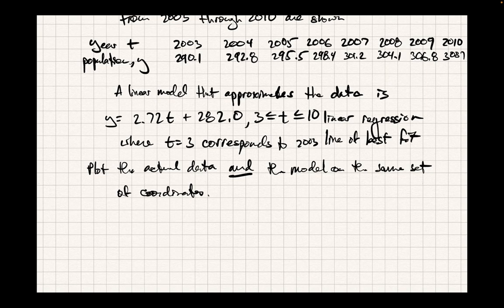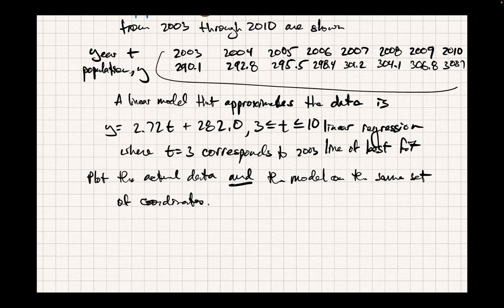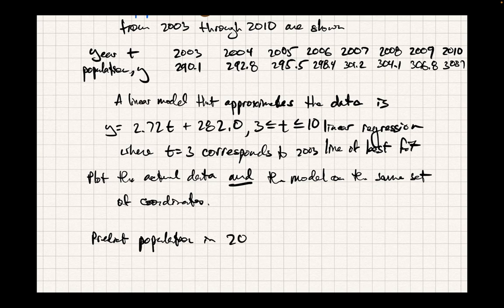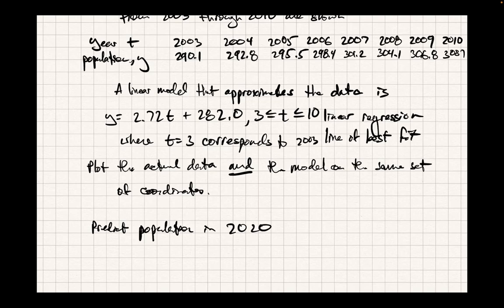So based on this model, which we verified on the data, because hypothetically I put in all 10 points, all the way through 2010, and I said that's a pretty good fit. I bet the trend is going to continue to 2011. What does the model predict for 2011? How would I do that? You use the formula. So, predict the population in 2020. How would I do that?